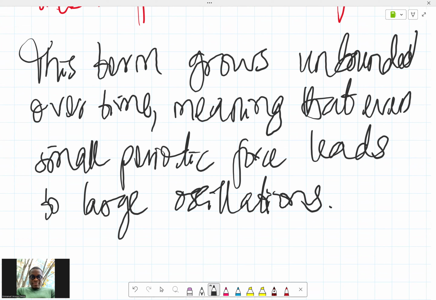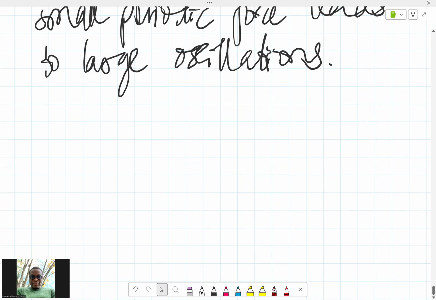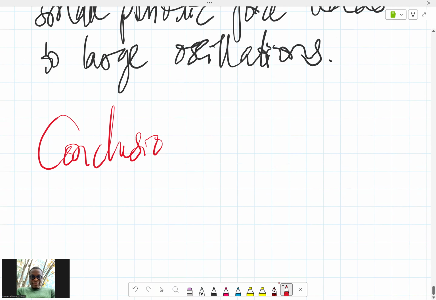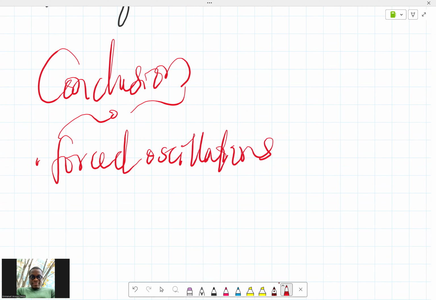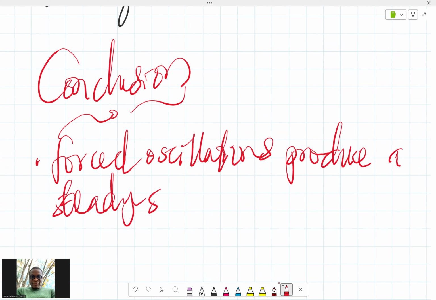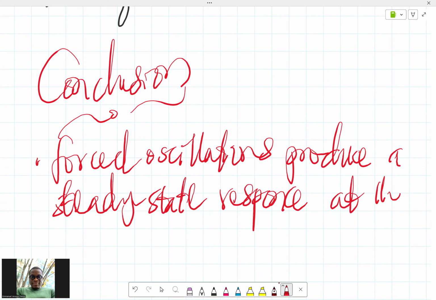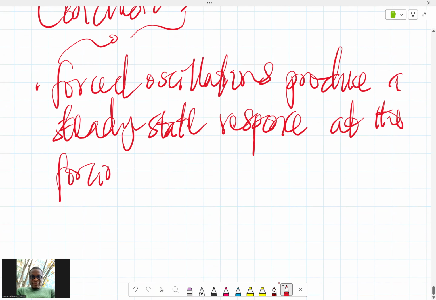Okay. So in conclusion, right, first, oscillations produce a steady state response at the forcing frequency. Two, resonance occurs when the forcing frequency matches the natural frequency. Let me write this down. So in conclusion, forced oscillations produce a steady state response at the forcing frequency. Please check the calculations to be sure I've not made any mistake, because it was really